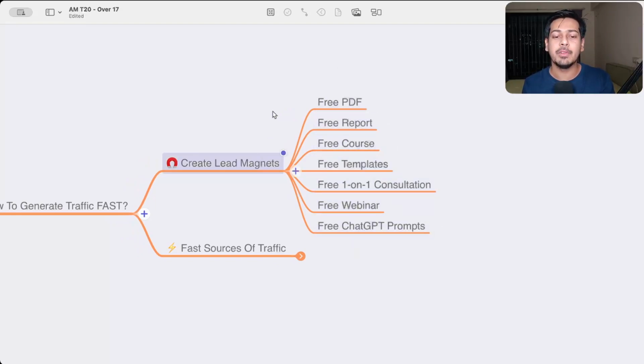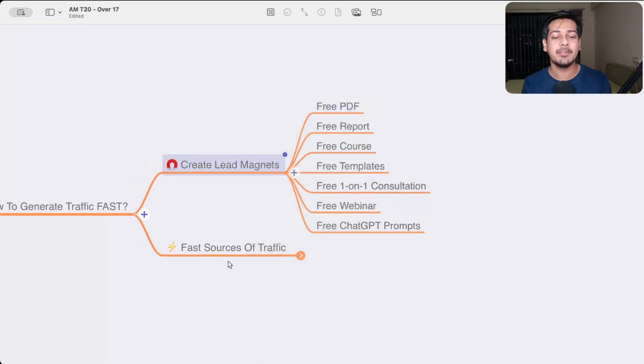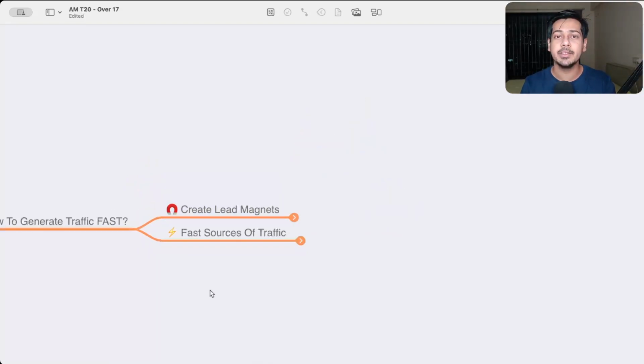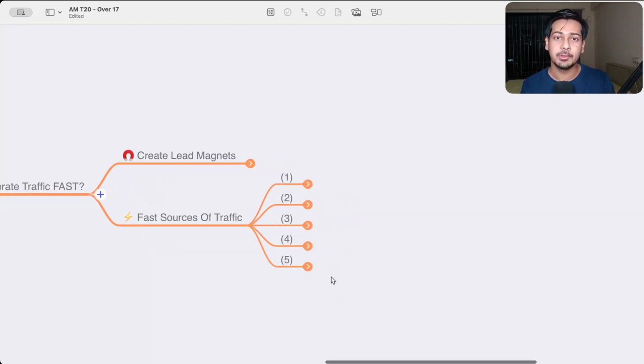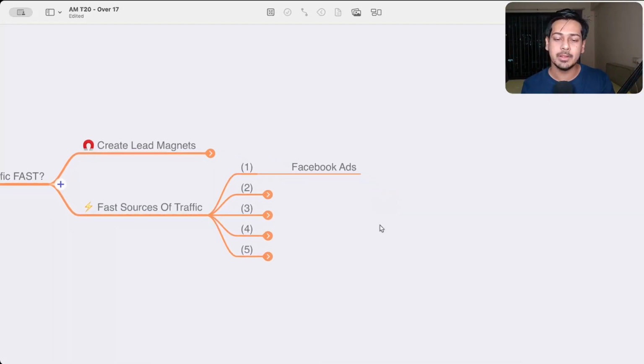Okay, so once you create lead magnets, once you have the resource ready that you'll give your audience for free, and to get their emails, phone numbers, and names in return, you can generate fast traffic through 5 ways. Okay, number one, Facebook ads. Create an ad on Facebook, and I'll tell you the template to write ad copy,